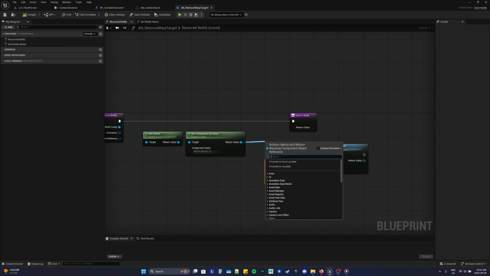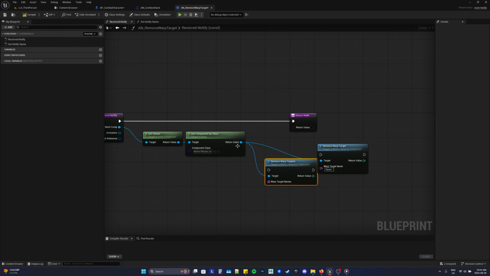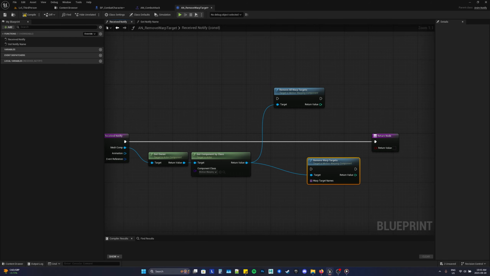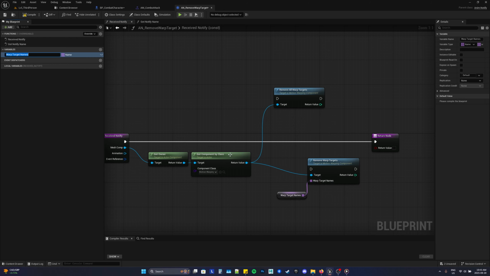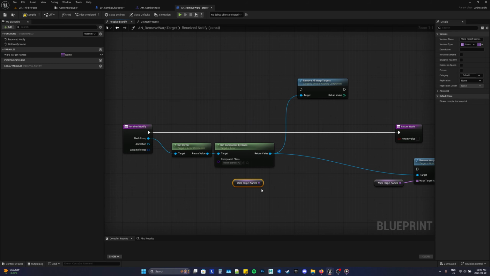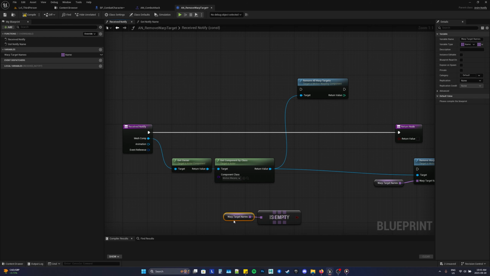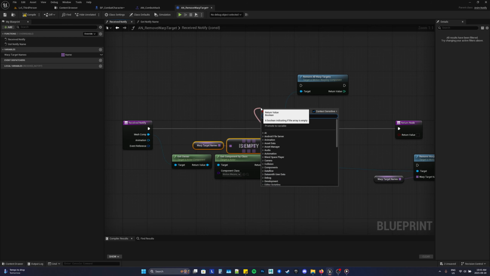I guess we could use remove all warp targets as well. So we don't actually need the single remove warp target one. We just want to create an array of names. So what we're going to do is use this array to check if there's any names in here. So if it's not empty, actually let's use is empty. It's the same thing, just opposite, and allows us to organize this how we want. So if it's empty,